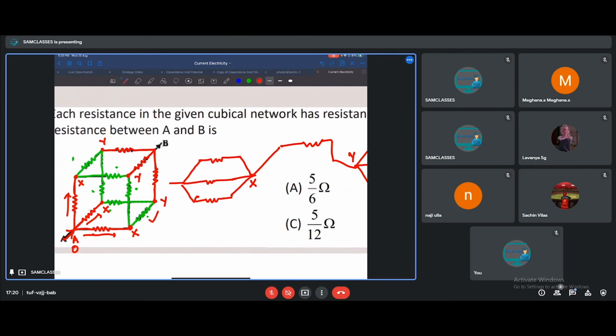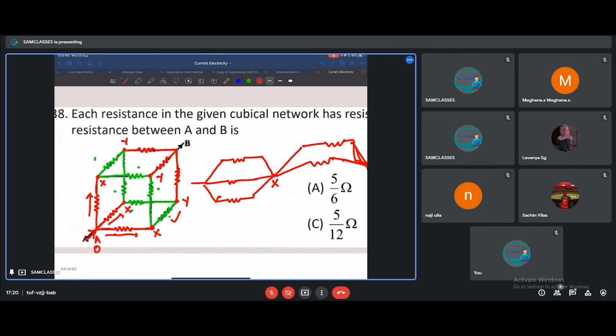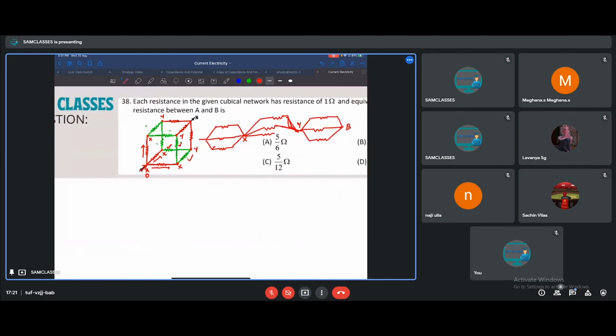So this is done. What about the next connection? Again, one more connection between X and Y. We made one more connection between X and Y. Okay, this is done. What about this one downward? One more connection between X and Y. Now what about after that? One more connection, this one between X and Y. Next, one more connection between X and Y. And the last one more connection between X and Y. Now I think a lot of people will be able to understand. You can just make it.